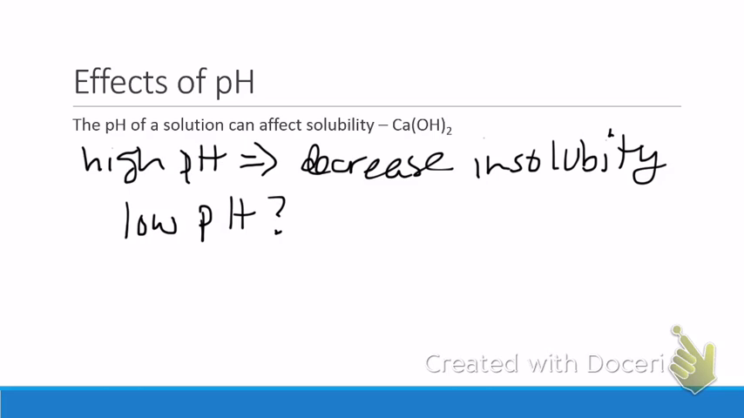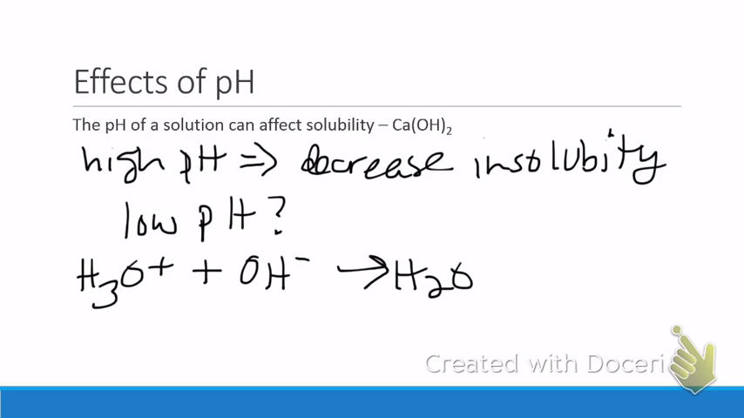So with a low pH, we would have a high concentration of acid. Well, you might imagine that if we have a high concentration of hydronium, that's going to react with the small amount of hydroxide that is present in a solution of calcium hydroxide, and it's going to react to produce water, so it's going to remove the hydroxide